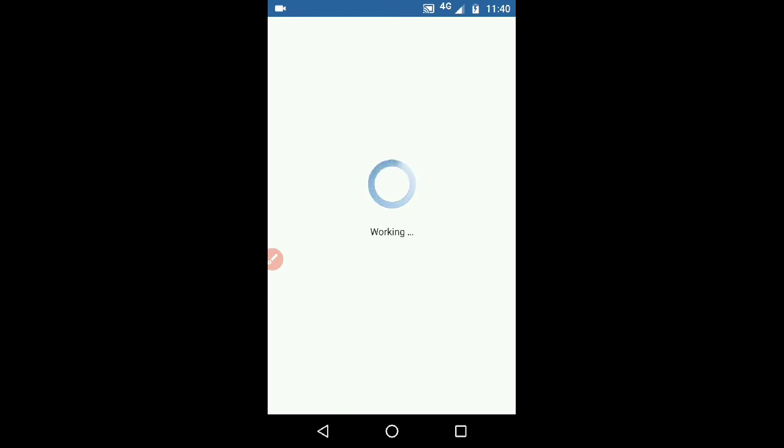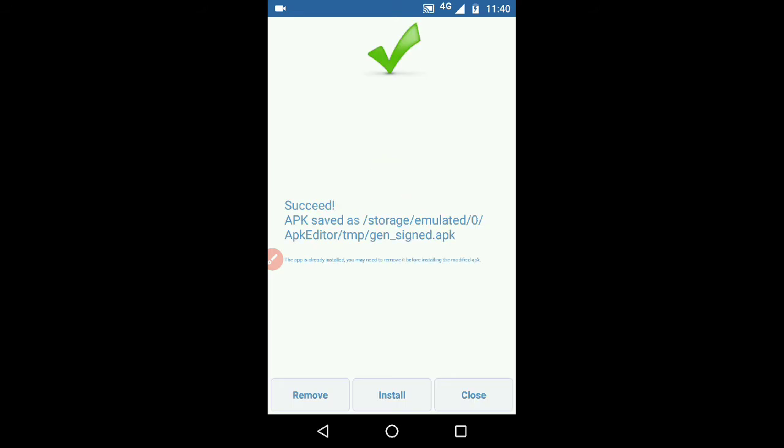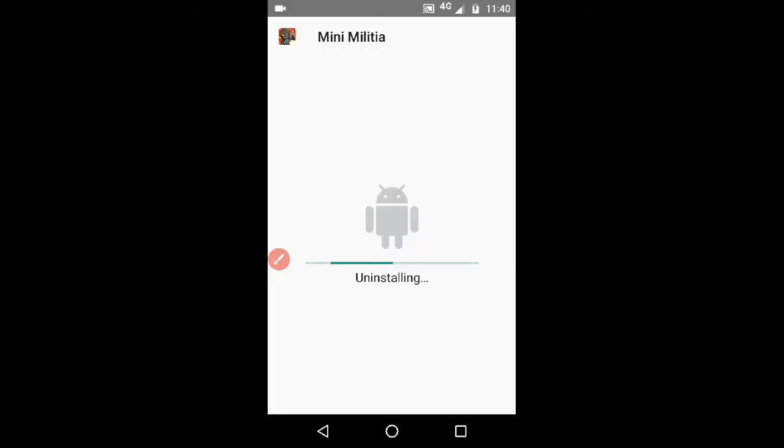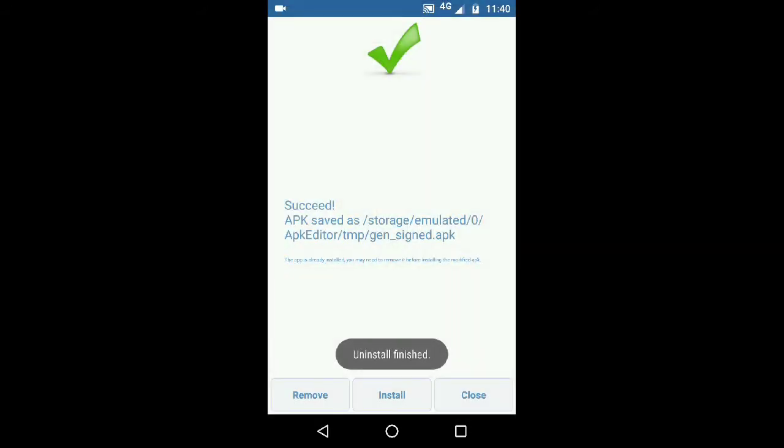It will take a few minutes only. Now remove the old Mini Militia. Click on remove and click on OK. Now install the new edited Mini Militia.